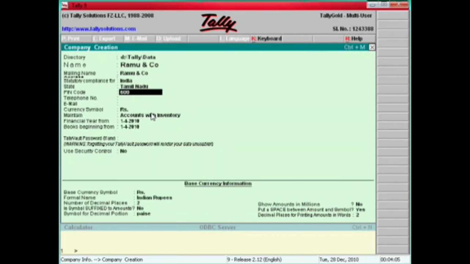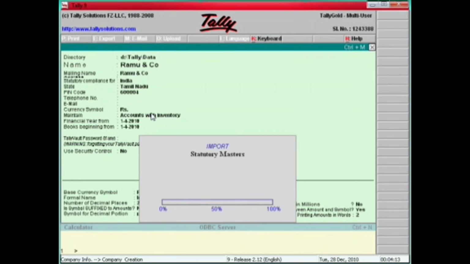You can enter the pin code number. That's all. This is finished. Company creation is like this.